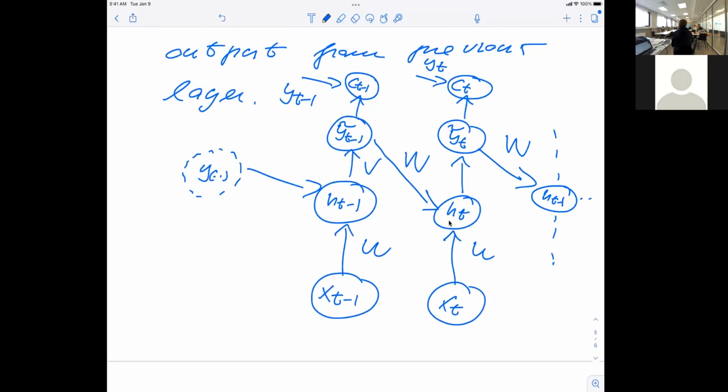Now, there is one problem with these networks here, and that's the problem of so-called exploding gradients or vanishing gradients. That becomes even more important here, because now we are taking these weights which we have here, and they are being propagated through the whole network. And that can easily lead to a problem with the training if the gradients become too large. And there are normally some brute force approaches which are used in order to avoid that. One of the most used methods is called gradient clipping. So if it becomes too large, you simply reduce it.